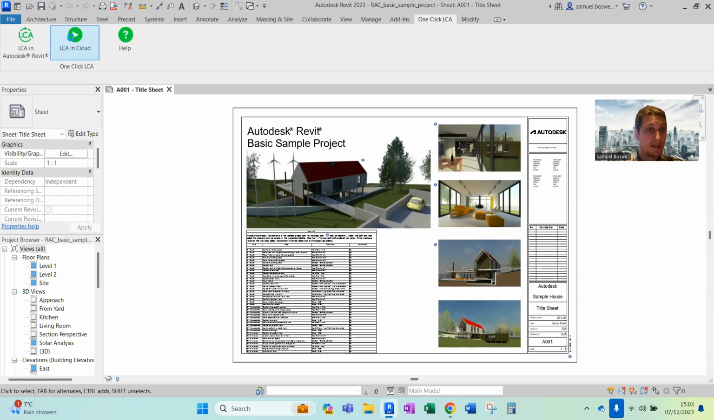The first one is LCA and Cloud. What this will do is take all of the information from your Revit model, that would be either the material names, the family type names, and also the dimensional information, and then begin the import process of all that data back to the main OneClick LCA software. Alternatively, we can click on LCA and Autodesk Revit, and this will mean